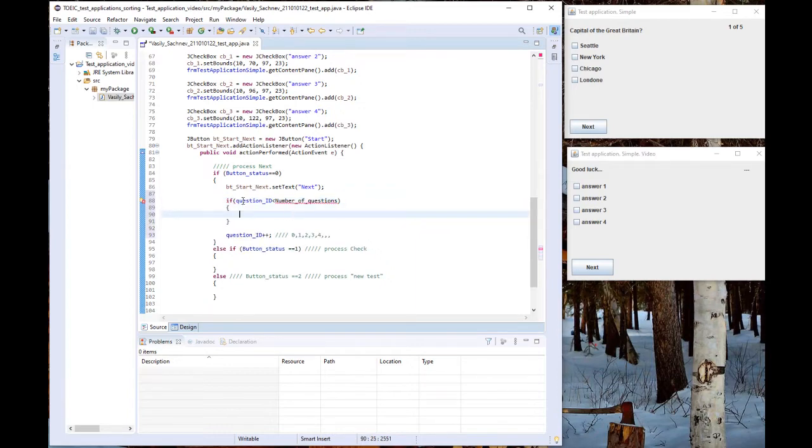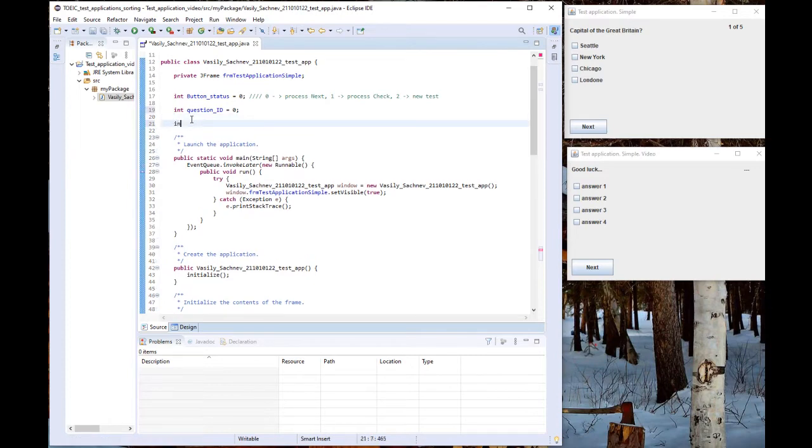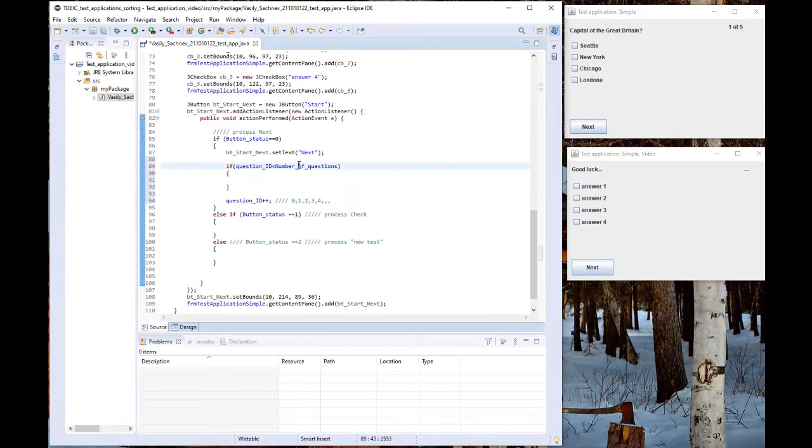So it is empty, like it is not designed yet. So that's why I will copy it and move it here. And as long as I know how many questions I will have, number equal 5, I can set it here. And if my question number is less than number of questions, here I can set up